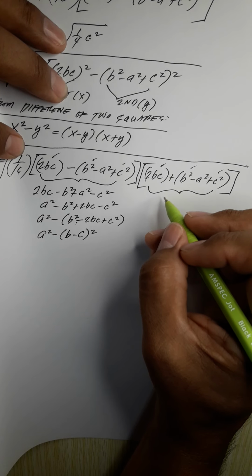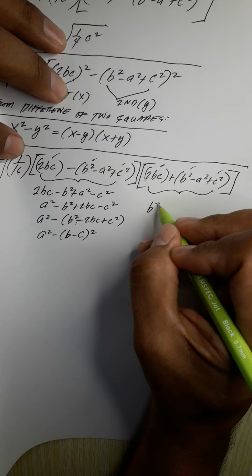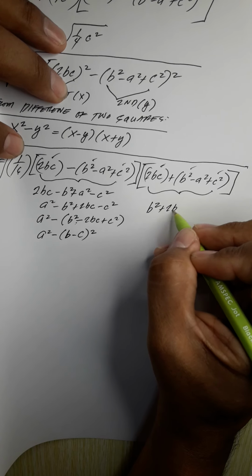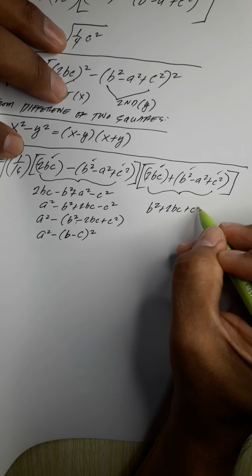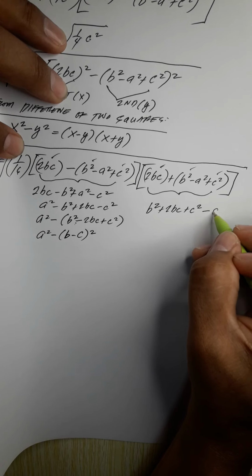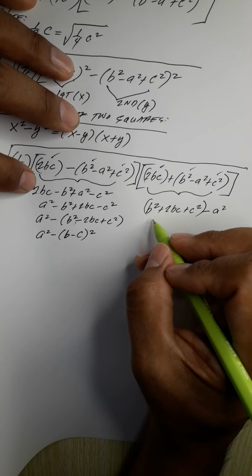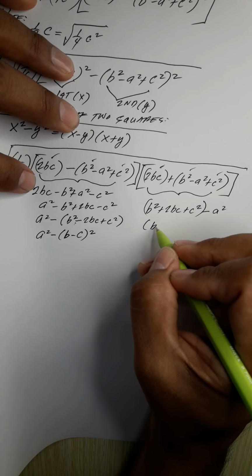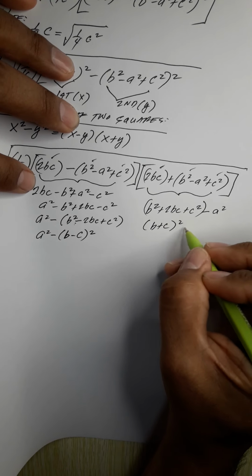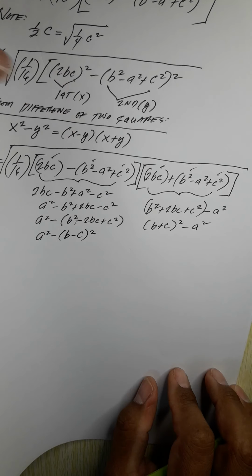So b squared plus 2bc plus c squared minus a squared. So this one here will become b plus c squared minus a squared. Okay,